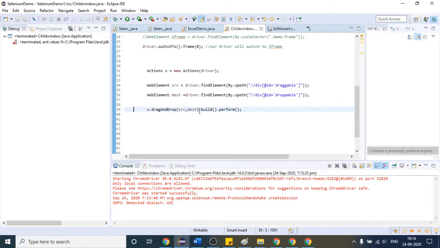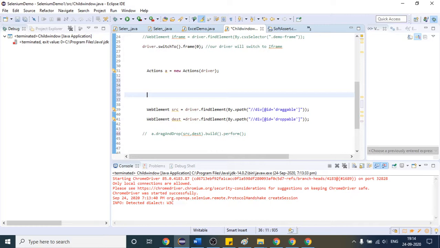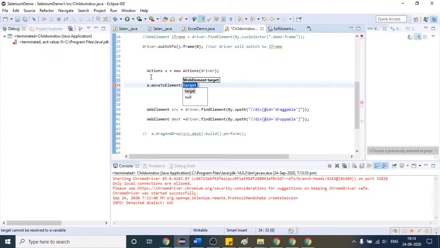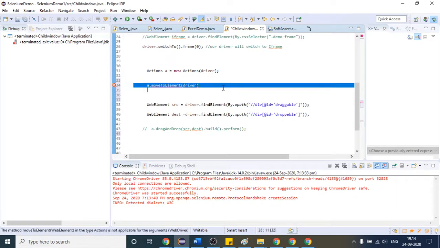So Kavita, you were saying, why are we using that? So what happens in the action class? If I use this method, suppose as of now, let me comment that. After that, if I use some method like this, a dot. As of now we are not discussing other methods, but just for understanding purposes I am telling you. Suppose I write something like this, driver dot, or I can write it below that.